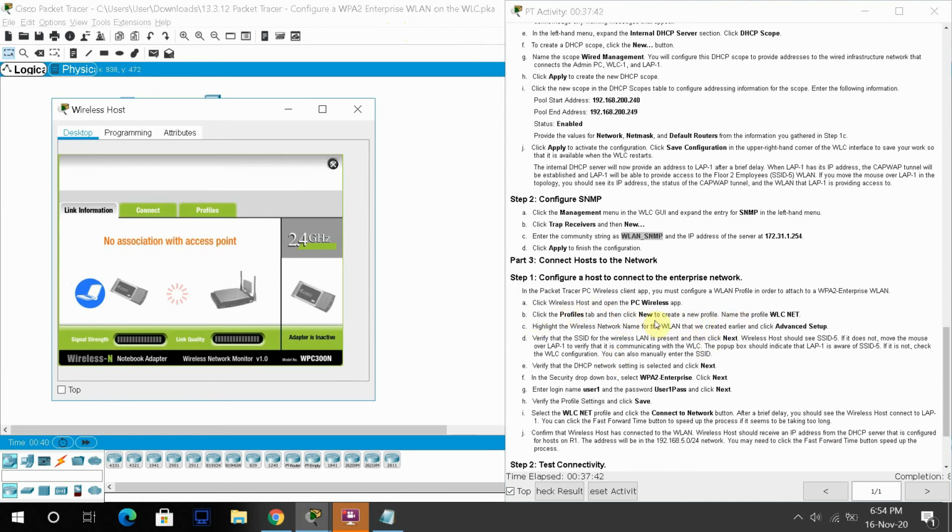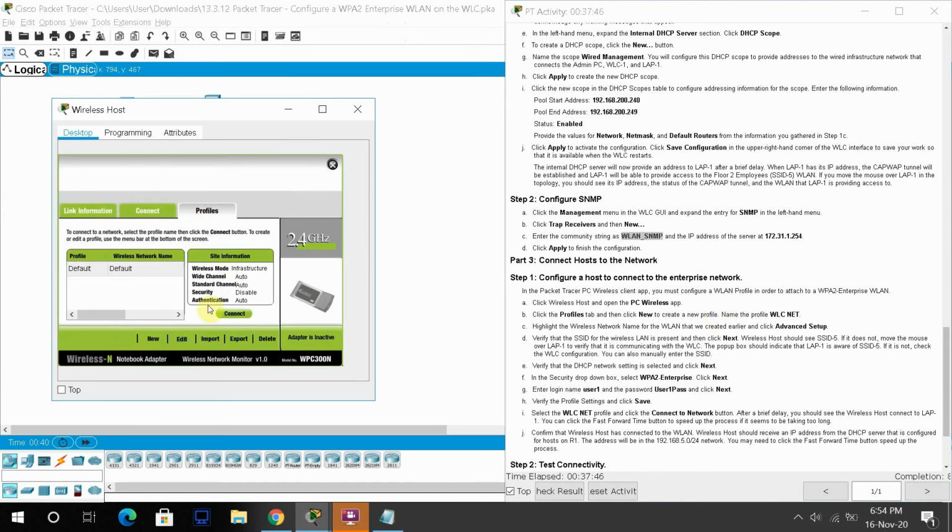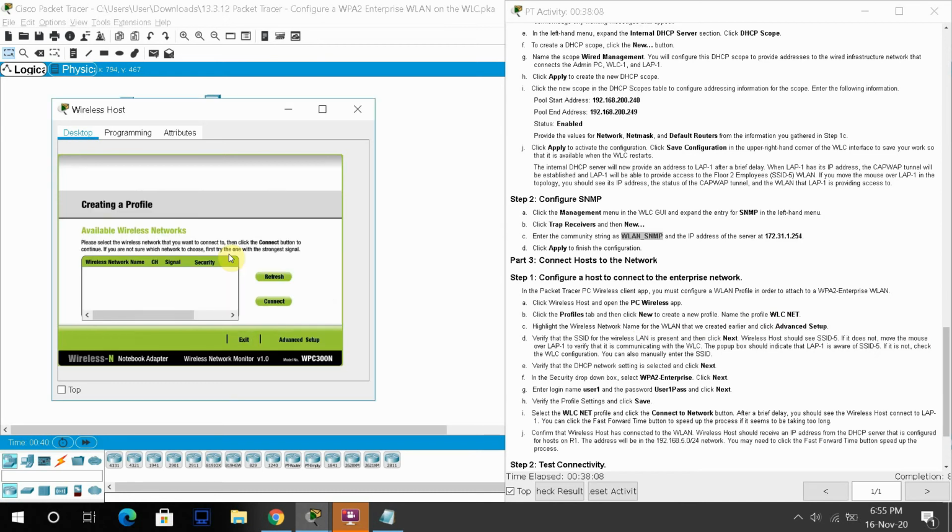Then go to the profile and click new. Okay, so enter the name. Profile new to create the new one, and just enter this value: WLC net. Okay, WLC net. So you enter this one and highlight the wireless network name for the wireless LAN that we created earlier. Click advanced